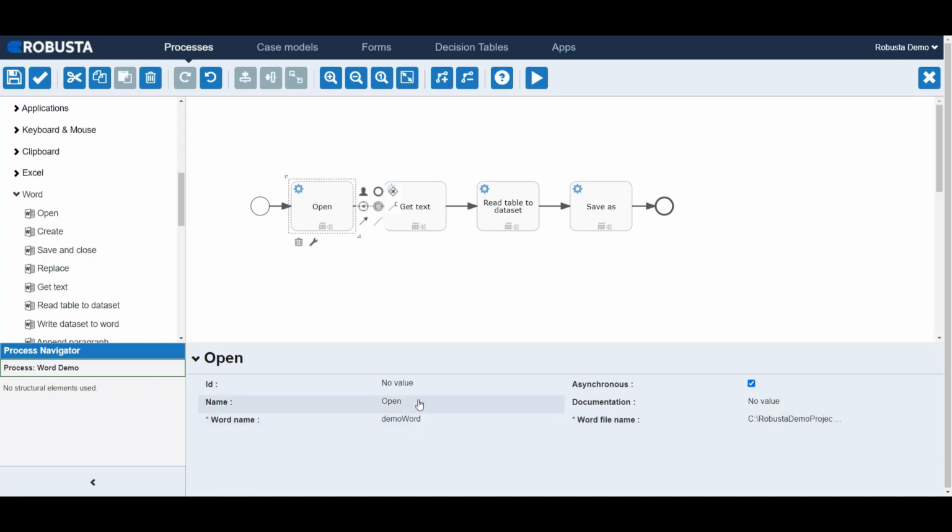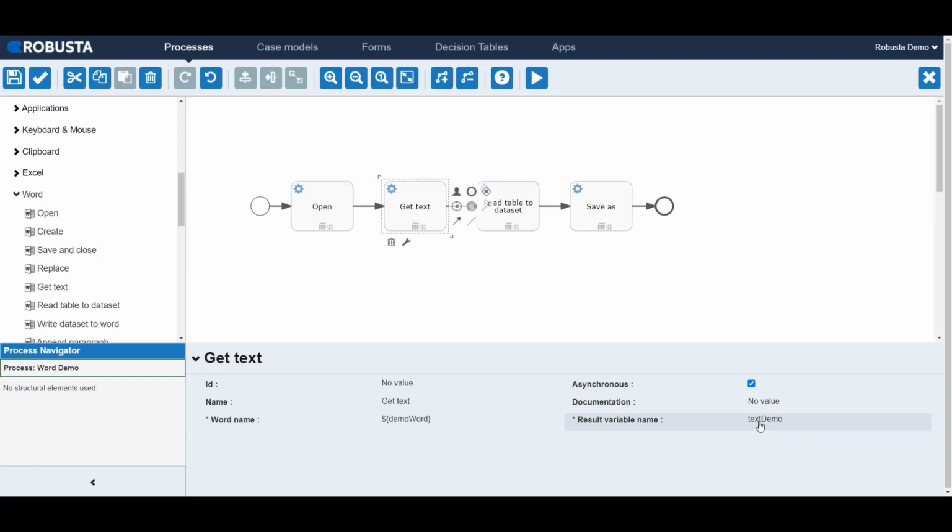In the next step, with getText activity, we transferred the text in the Word file to a variable. For this, a reference name is given to the Word file in the Word name field in order to choose which Word file we are processing in the next steps of the process. Then, in the result variable name field, we defined the variable that we want to assign the text value as